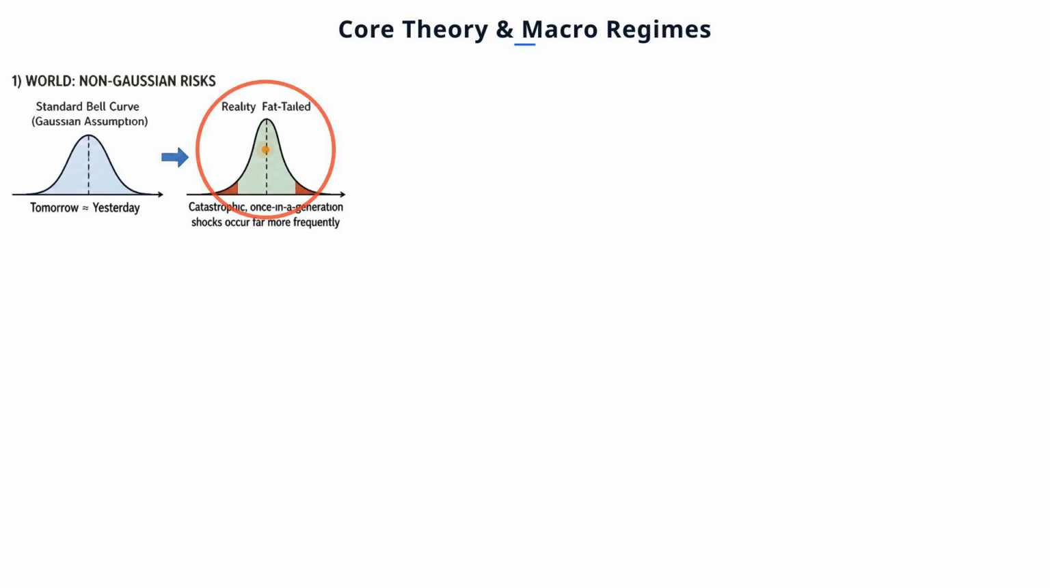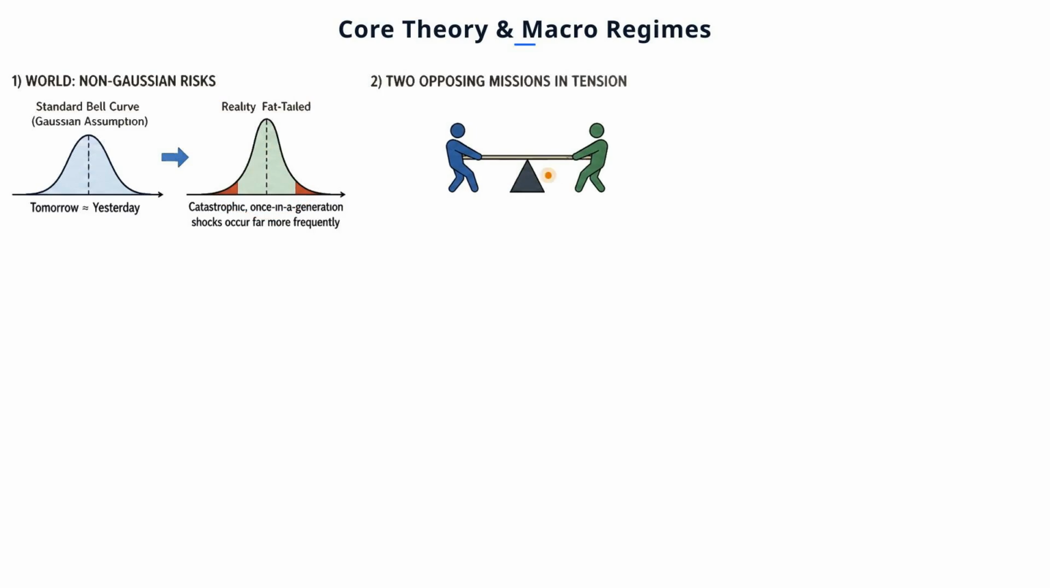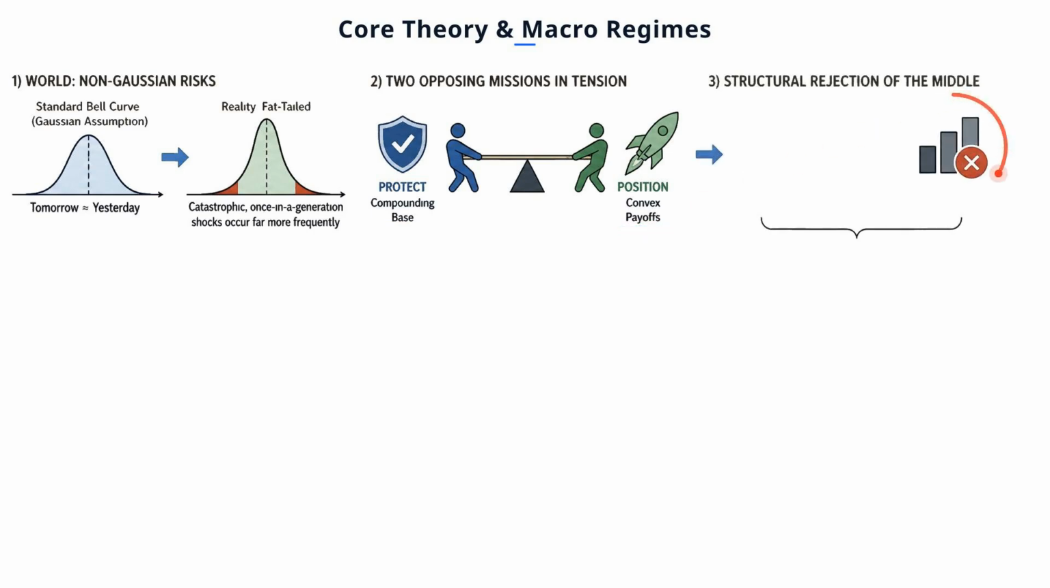The strategic objective is to maintain two opposing missions in tension, protecting the compounding base with extreme aggression while positioning a small fraction of capital into convex payoffs. This is achieved through a structural rejection of the moderate risk middle ground, which includes investment-grade corporate bonds and the